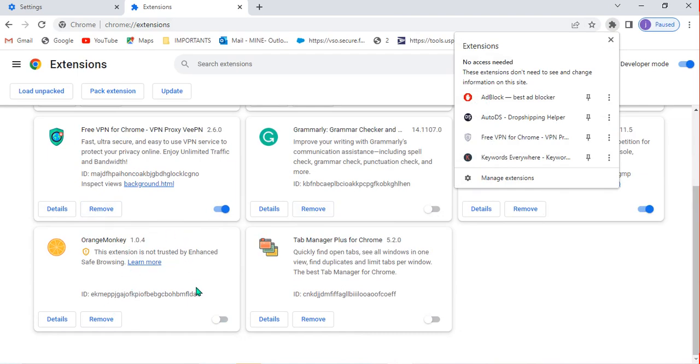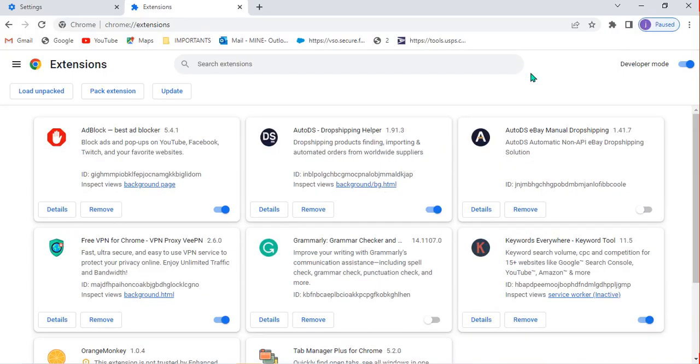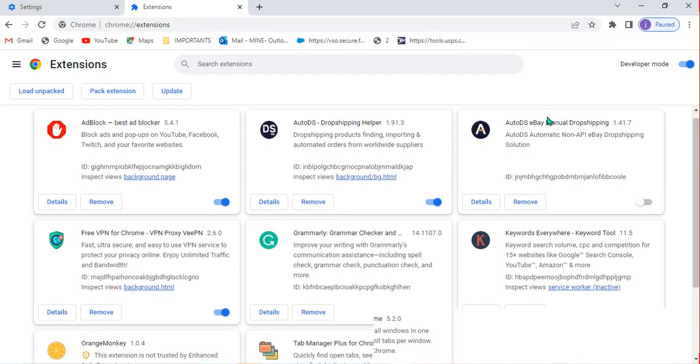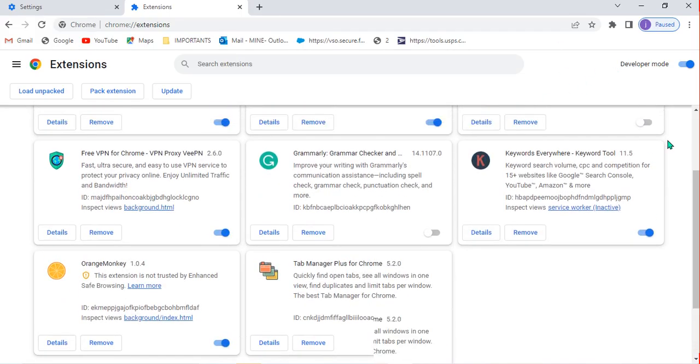And this orange monkey, you can also enable it, because it helps you download anything in your browser if you need that. But if you don't, you don't need to install it. Any extension has various information that is represented in your browser. What I need to do just here